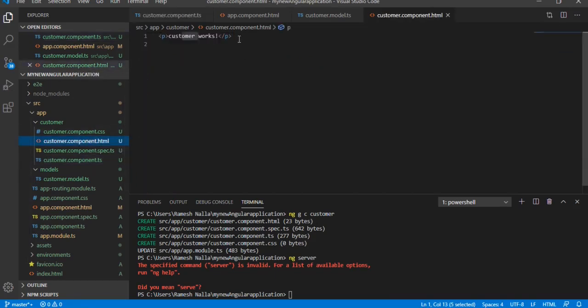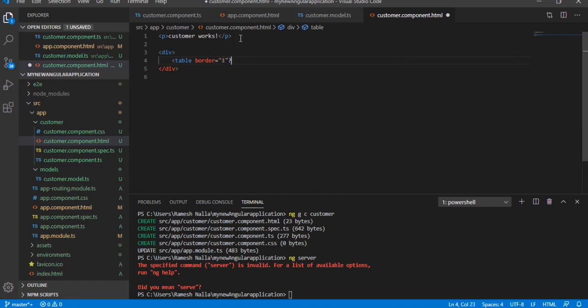So quickly go to this component html, and just take a div tag. I'm going to take a div tag and create a table to display the customer information. Table border equal to 1.